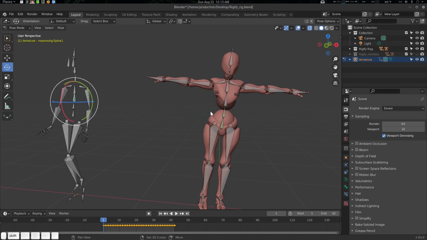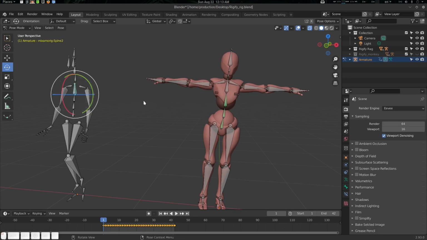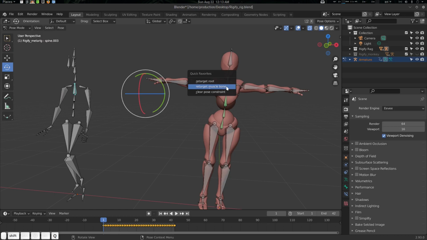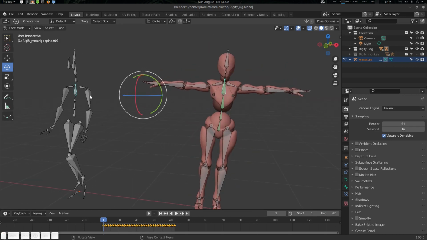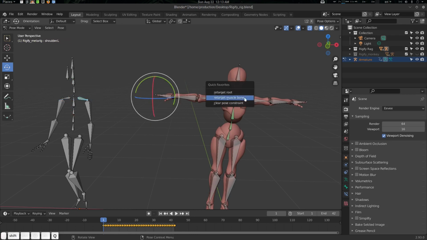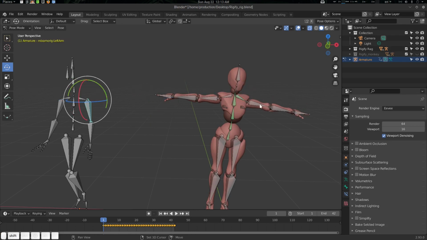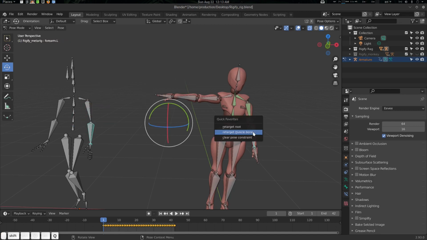Okay, so you can see I'm just clicking it, retarget muscle bone, clicking this, retarget muscle bone. You need to estimate which one will be your muscle bone and which one needs to be linked. So here retarget muscle bone, here muscle bone, and here muscle bone.